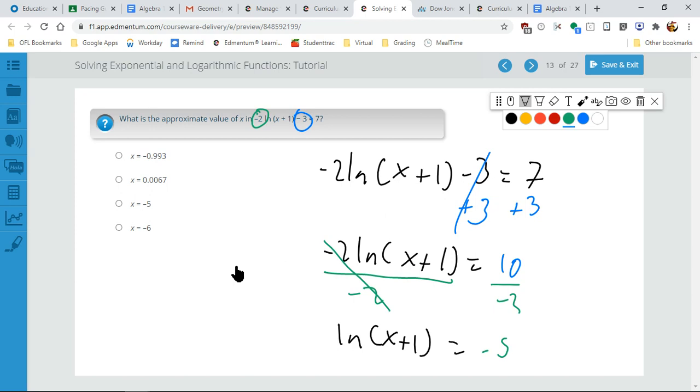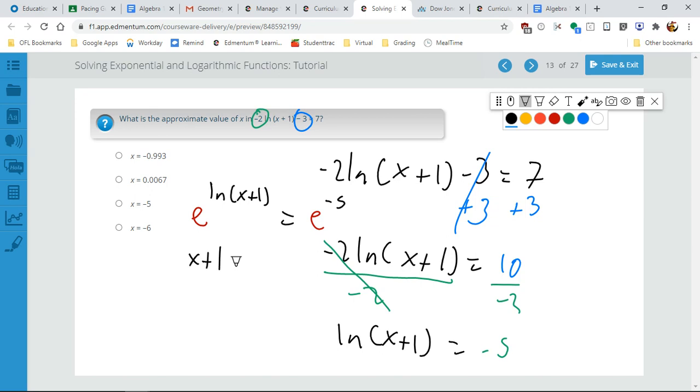All right, and then I'm going to rewrite. So now I want to get rid of this ln. So what I'm going to do to get rid of this ln, I'm going to do e to both sides of this ln quantity x plus 1. All of this is equivalent to our -5, but since we're e-ing both sides, I'm going to e this side. I'm basing it by e. All right. And this will end up giving me